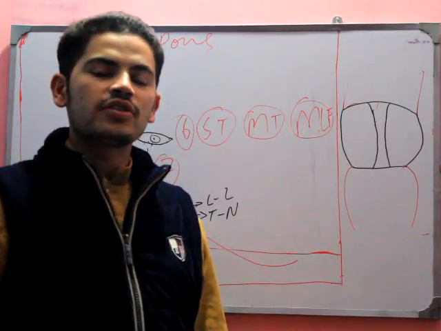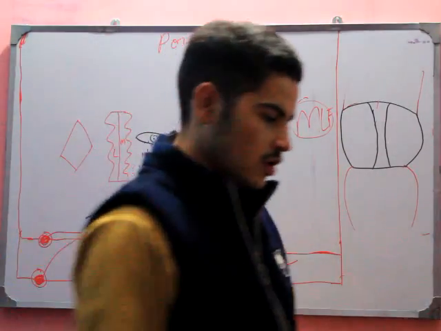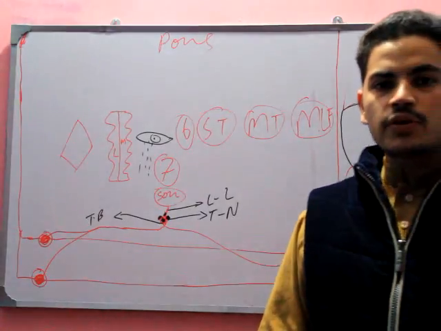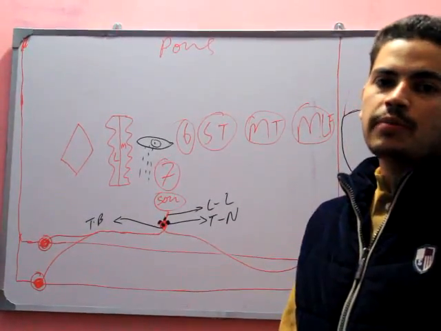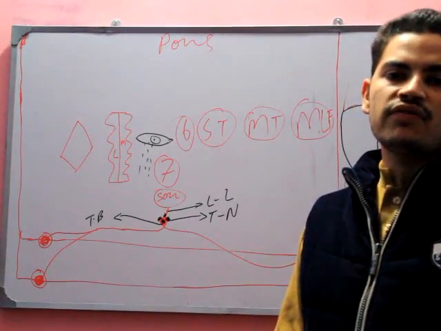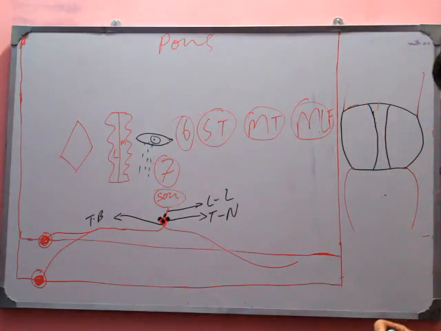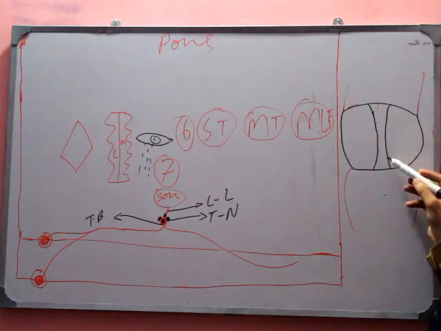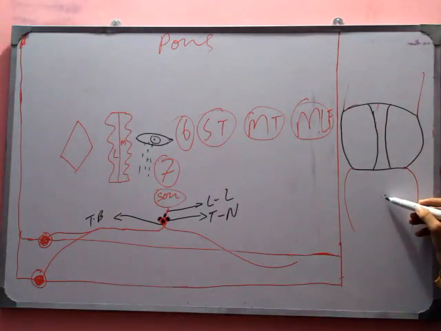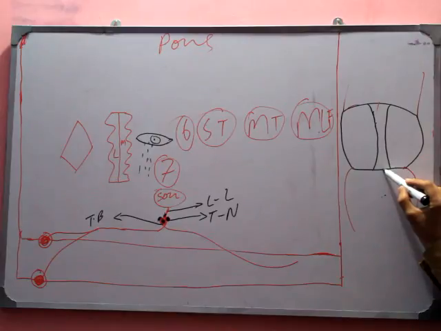So today we will study the topic of pons. Pons is present between the medulla and the midbrain. Midbrain is above pons and medulla is below pons. So pons is separated from medulla by this line,